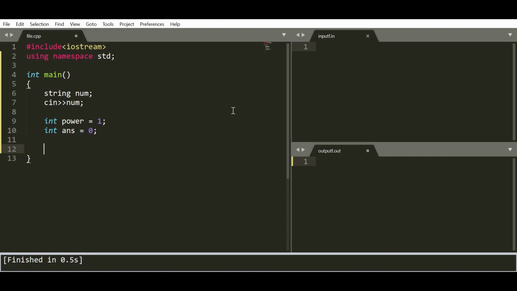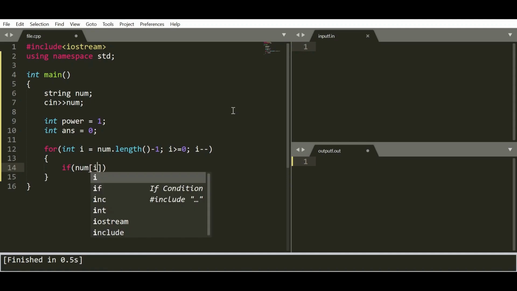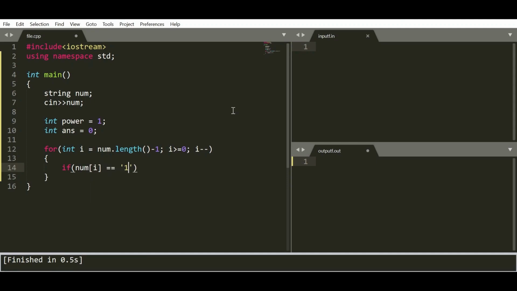Now traverse the string from the back side, so we can simply traverse by doing int i is equal to num.length() minus 1, and i greater than or equal to 0, and i minus minus. What we have to do in each step: whenever we encounter 1, so if num of i equals 1, then we will simply add the power.